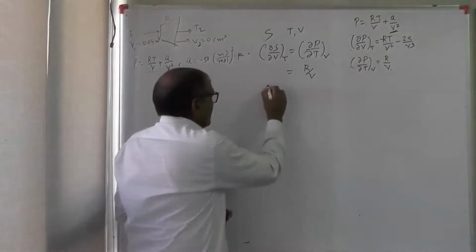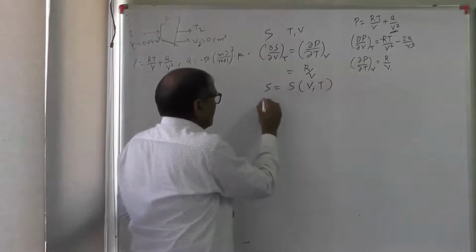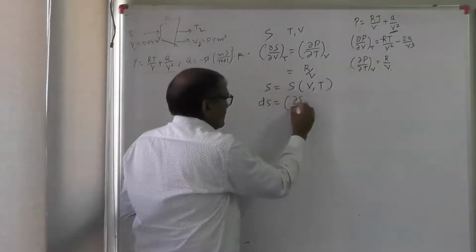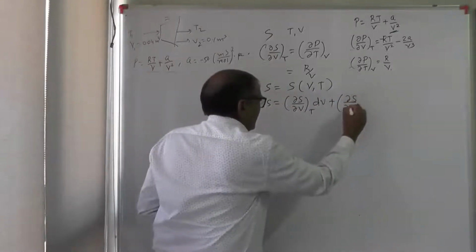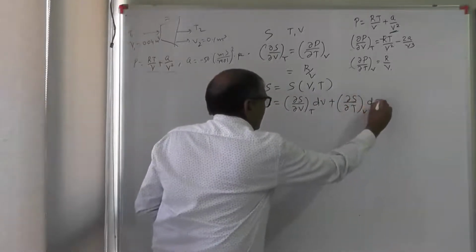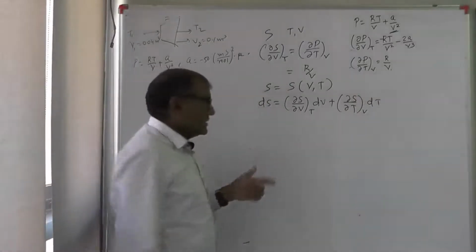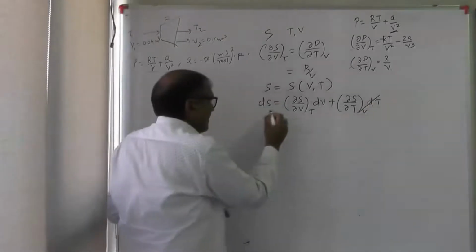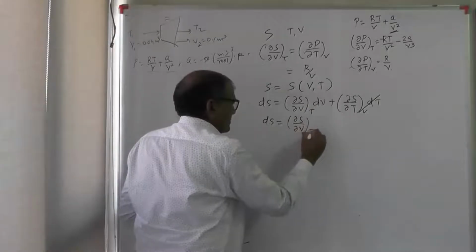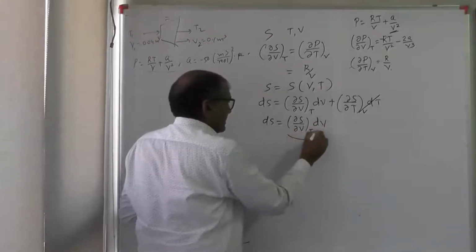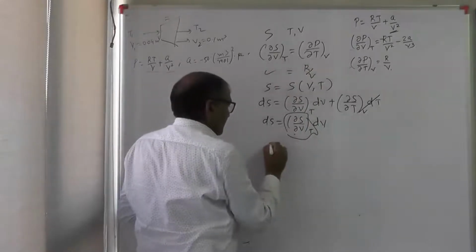The other thing is, I can write entropy as a function of volume and temperature. dS would be del S over del V at constant temperature plus del S over del T at constant volume dT. In this process, the temperature is constant, so this would be 0, and this is equal to del S over del V at constant temperature dV. Now I can insert the value of this from this equation, that is R upon V